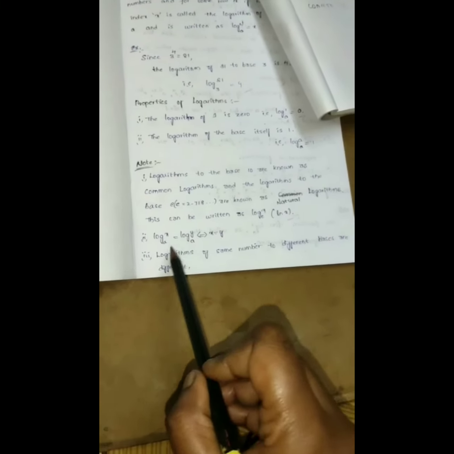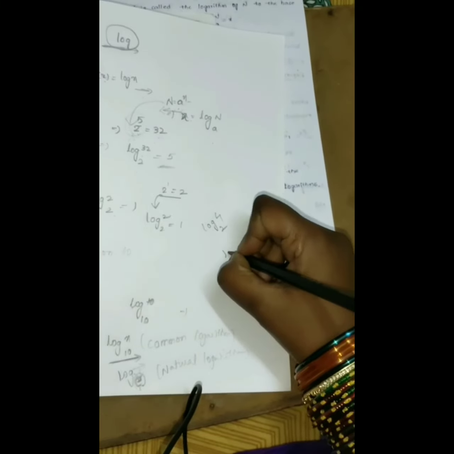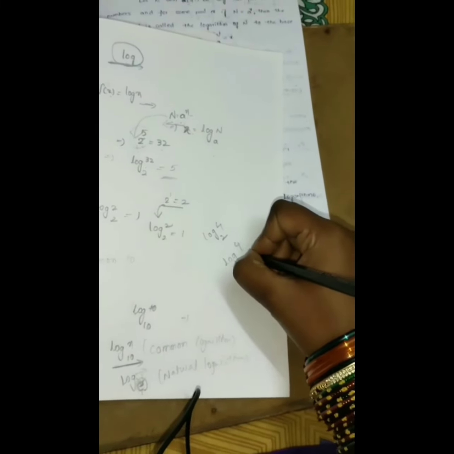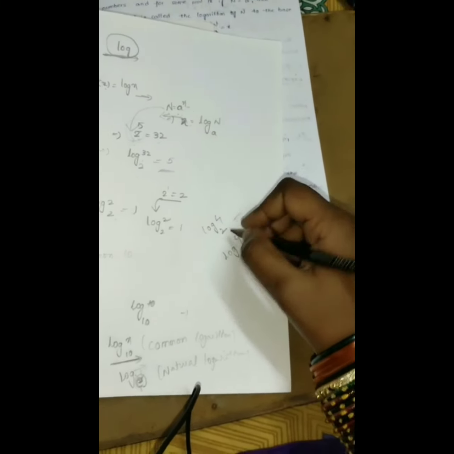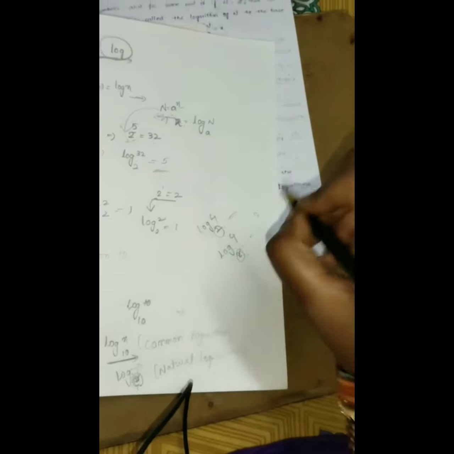ఓకే, సో నెక్స్ట్ వన్, the logarithms of same number to the different bases are different. So here మనం ఏమంటున్నాం, the logarithms of same number. So log 4 to the base 2 and next log 4 to the base 8. So these values are different. Okay, so same రావు, logarithms to the bases are different కాబట్టి మనకి different values వస్తాయి.